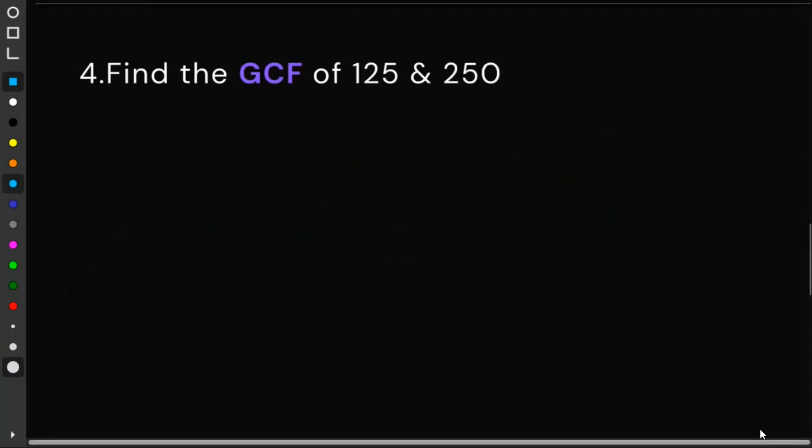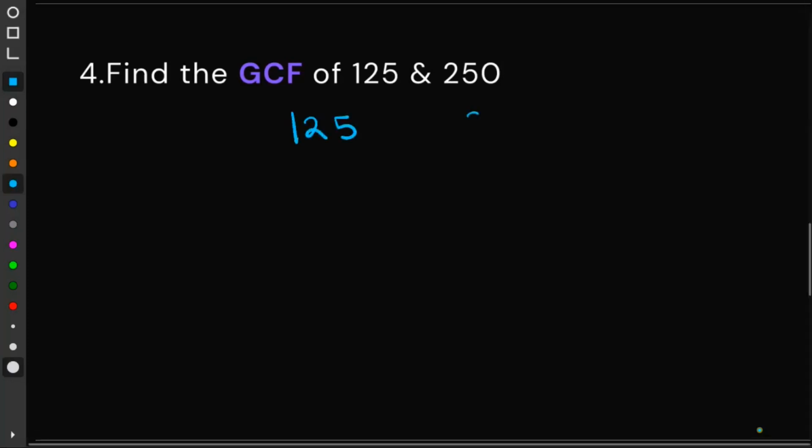Let's go on to our fourth example. In here, we are tasked to find the GCF of 125 and 250. For this example, let's apply again the factor tree method. So we have